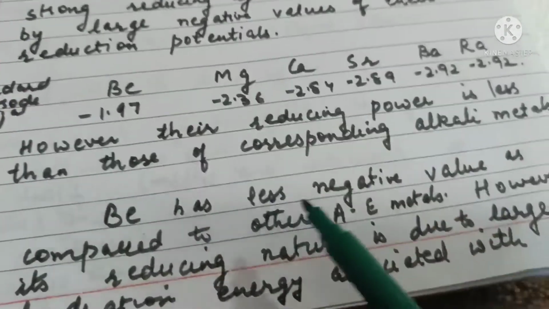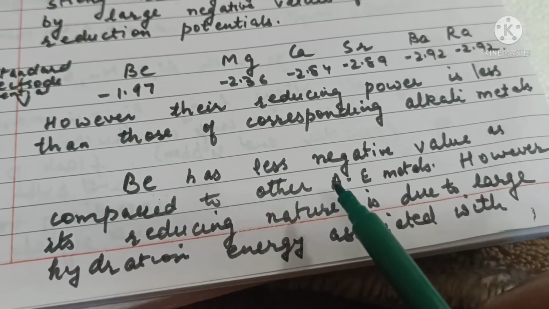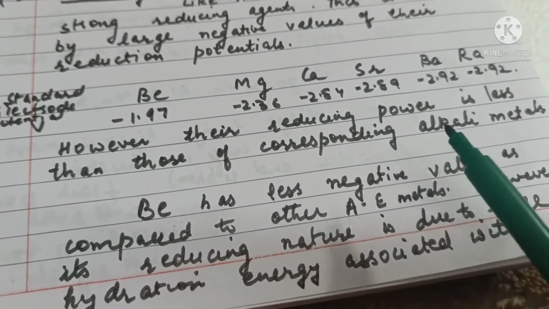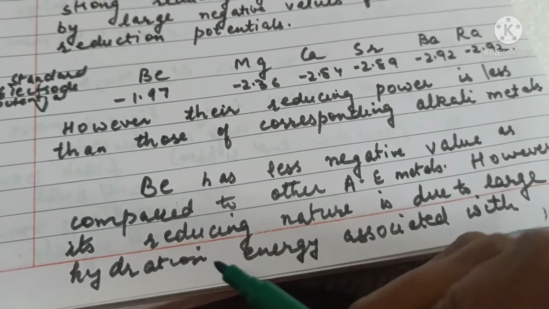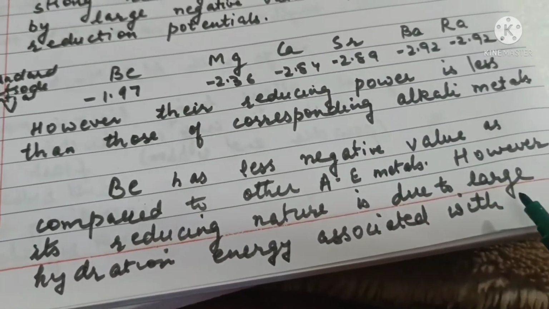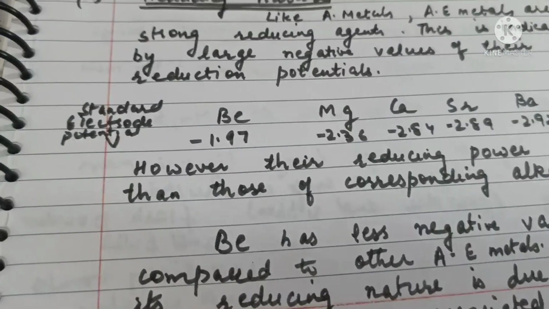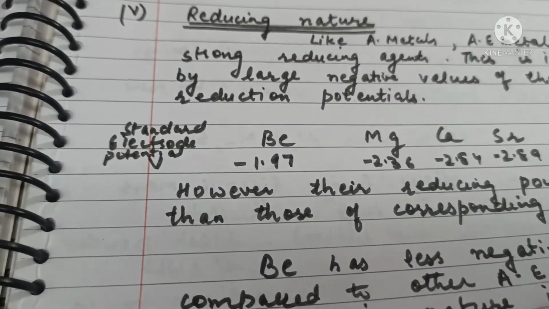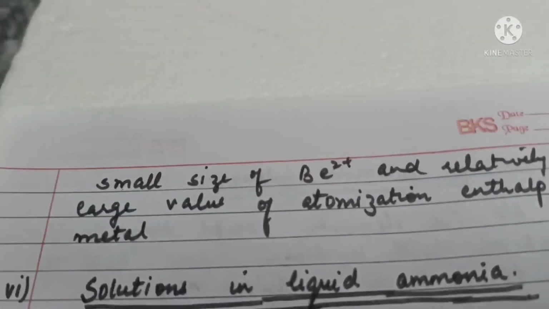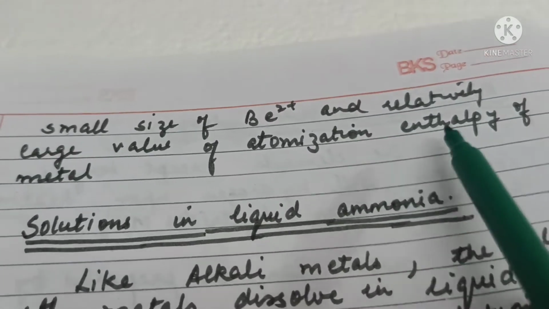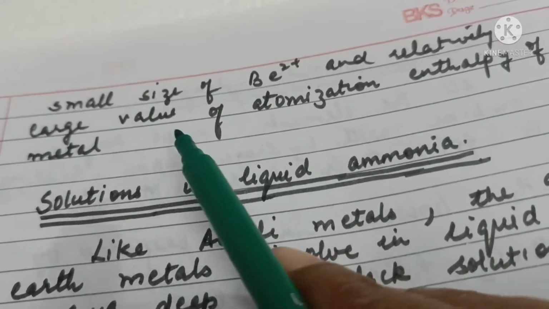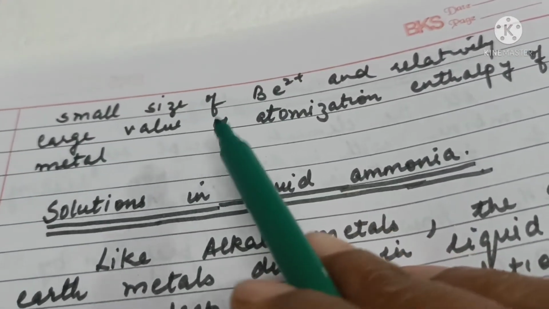Among these, beryllium has a less negative value as compared to other alkaline earth metals, but still it is a better reducing agent in nature due to more hydration energy associated with it because it's smaller in size. So it's a better reducing agent because of small size and greater hydration. The small size of the beryllium ion and relatively large value of atomization enthalpy and large hydration enthalpy will make it a